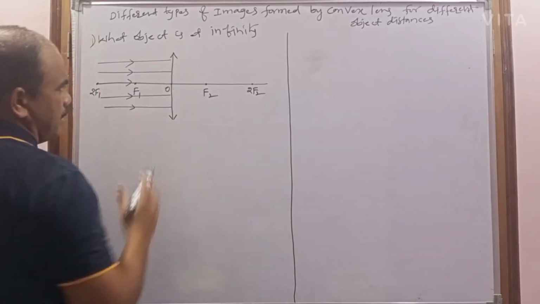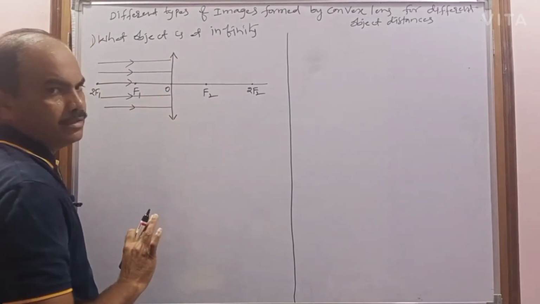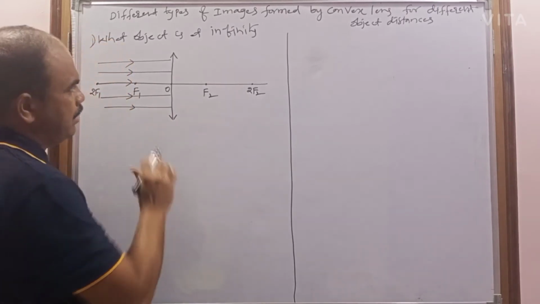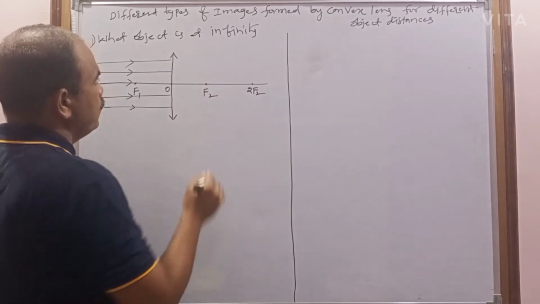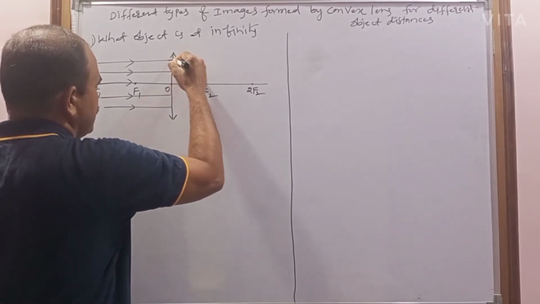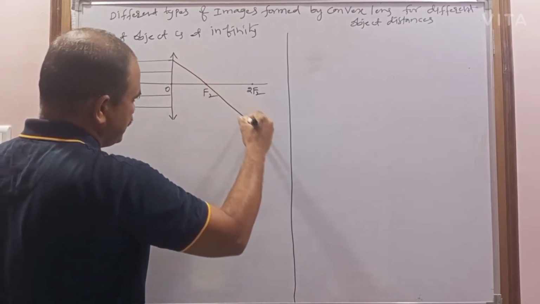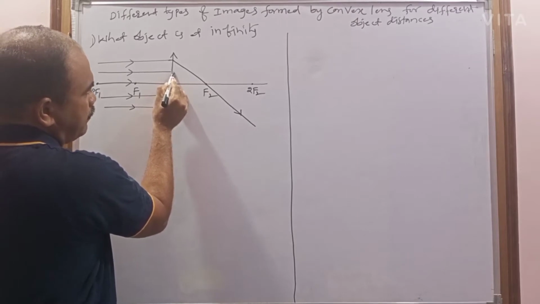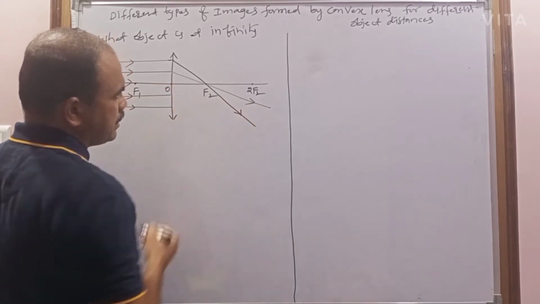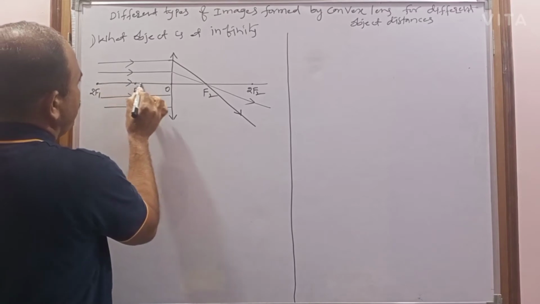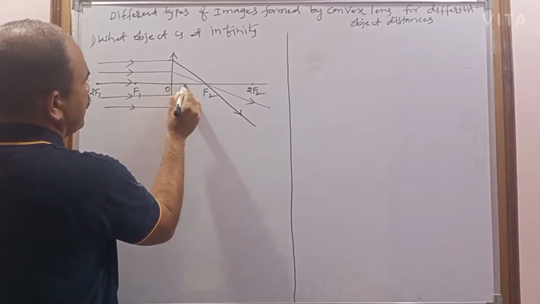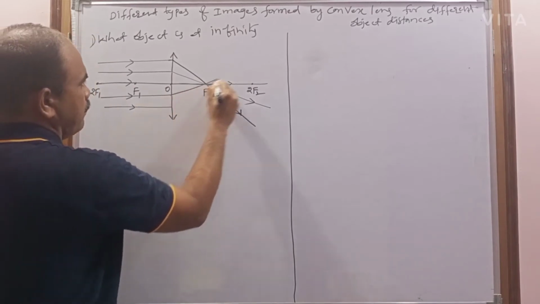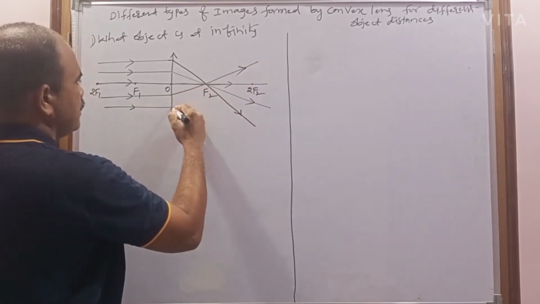They are incident on the lens. According to the first rule, if the incident rays are parallel to the principal axis, after refraction they pass through the focus. So this is the first incident ray; after refraction it passes through the focus on the other side of the lens. This one is also parallel to the principal axis, and after refraction it passes through the focus. And this incident ray passes through the optic center, so it continues on the same path without deviation. This one is also parallel to the principal axis, and after refraction it passes through the focus on the other side.